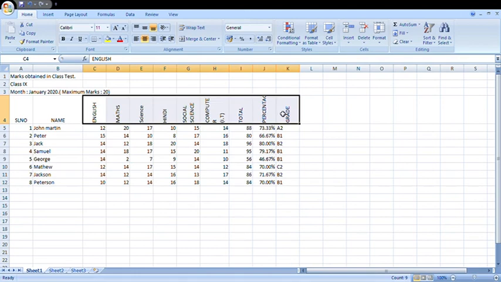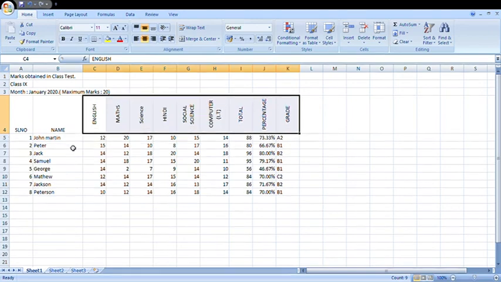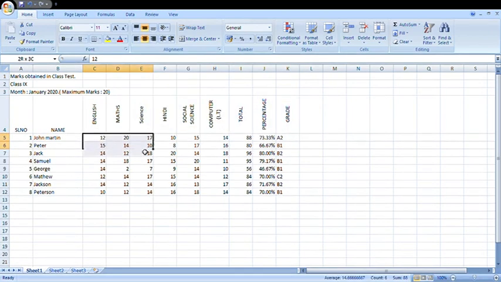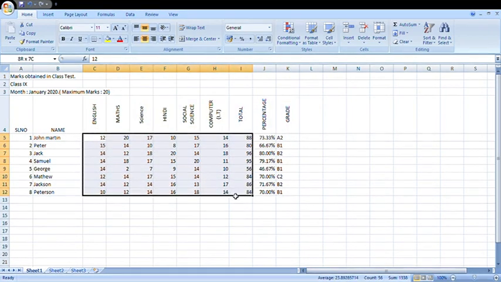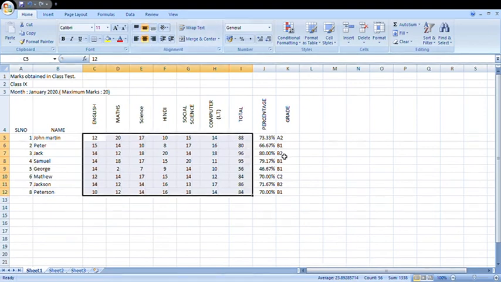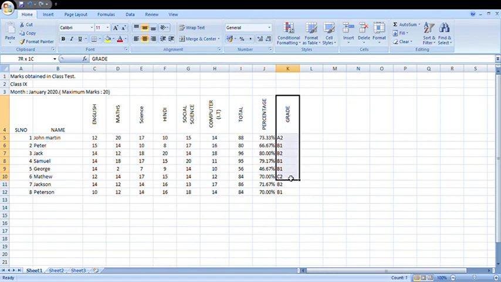Your text will be changed. Now go here, center, increase the size. For this one also, you can make it center. Here also, you can make it center.